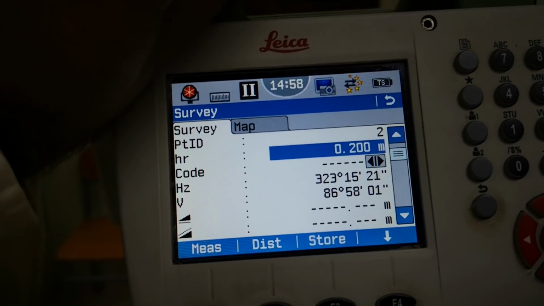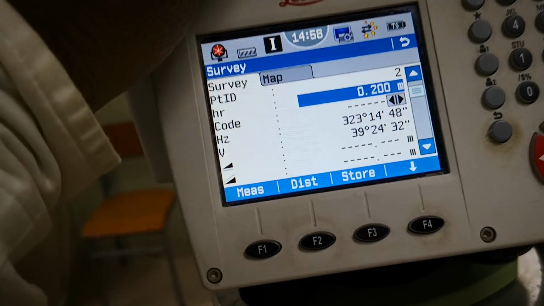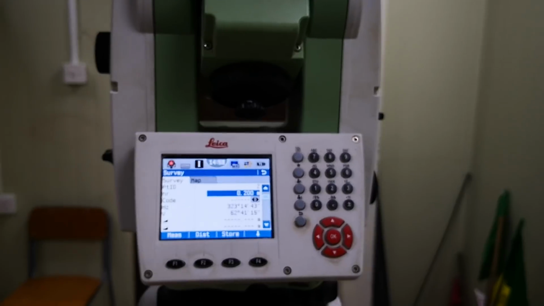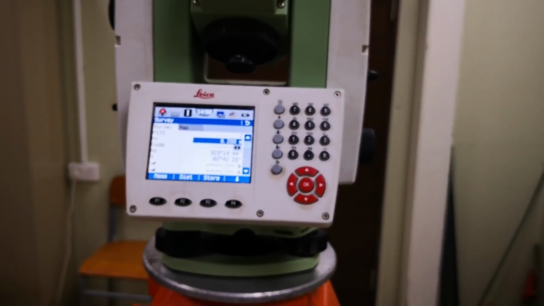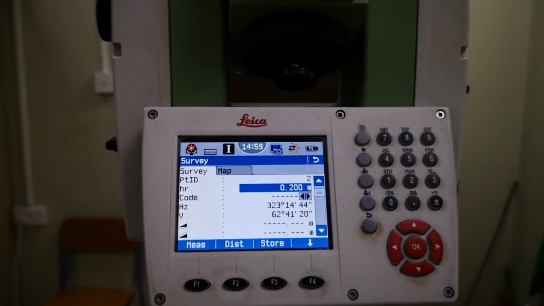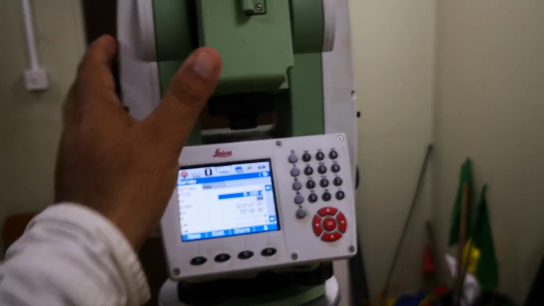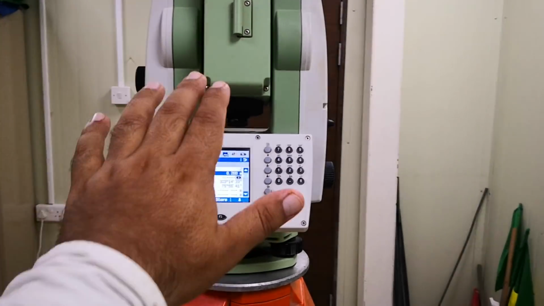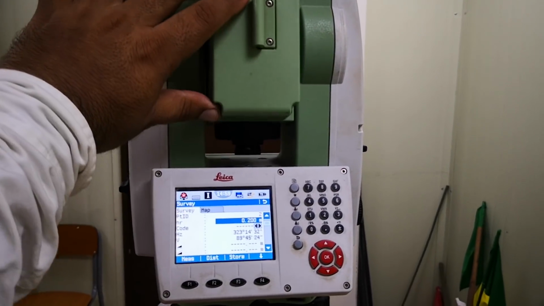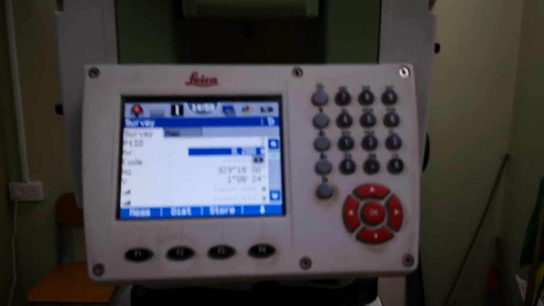The maximum is 90, and after 90 it will go back. You can see here I'm moving my telescope. Once it reaches 90, it will automatically change again to 89, 88 and so on. If I go again to this side, these are called horizon.